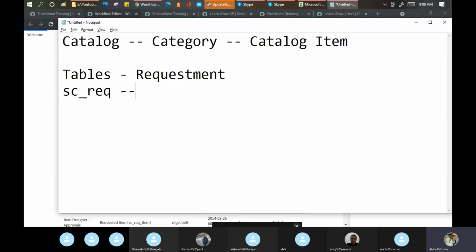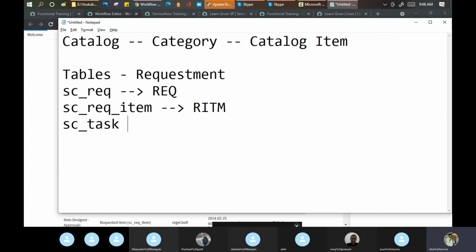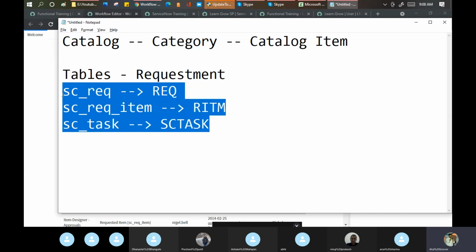SC_REQ creates your REQ records. SC_REQ_item creates your RITM number. SC_task creates your SC task. So these tables will be widely used in my workflow.